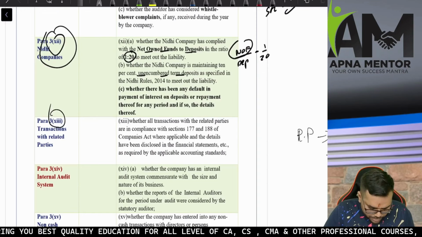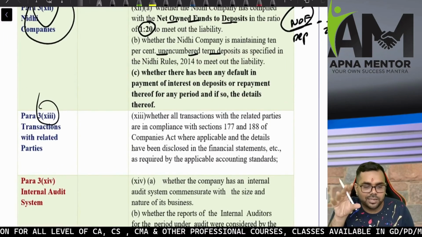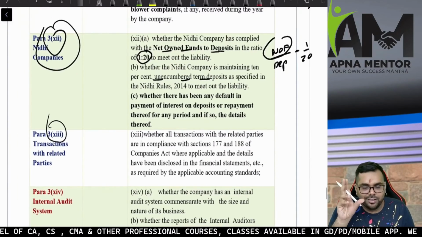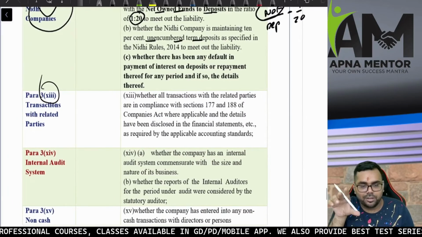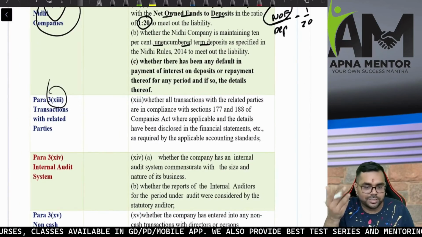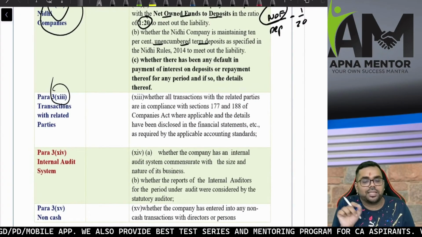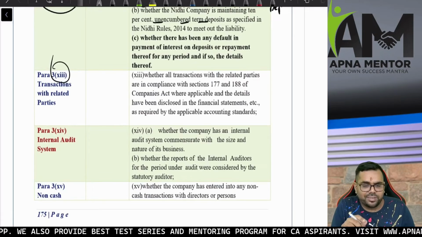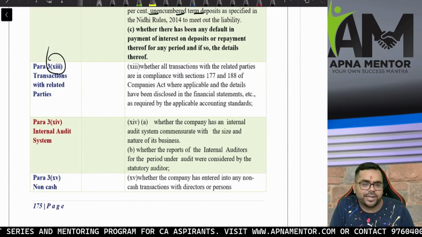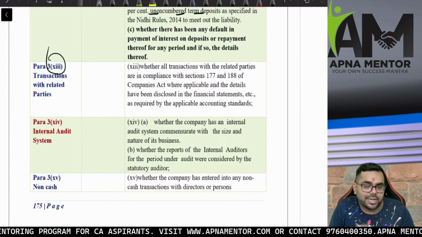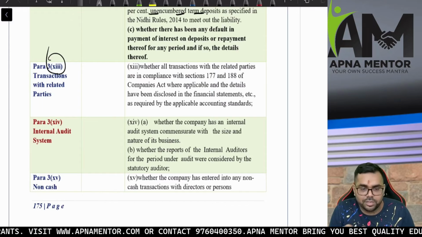Right. Now do remember, basically what happened is that the director of the company loves a girl called Nidhi. And who is Nidhi? She is a related party. So after the Nidhi company clause, there comes the related party clause, clause number 13. So when we talk about transactions with related parties, sections 177 and 188 of the Companies Act are applicable. Section 177 says obtain audit committee approval for entering any kind of related party transaction. 188 says that obtain members' approval for entering related party transactions if certain threshold limits are exceeded. And also AS 18 is applicable, which talks about certain disclosure requirements with regard to related party transactions.